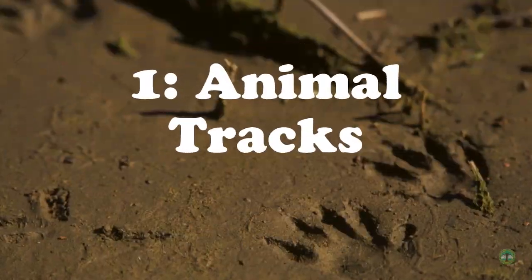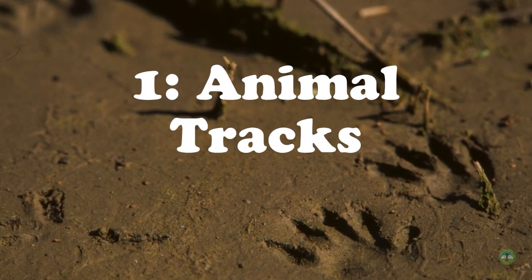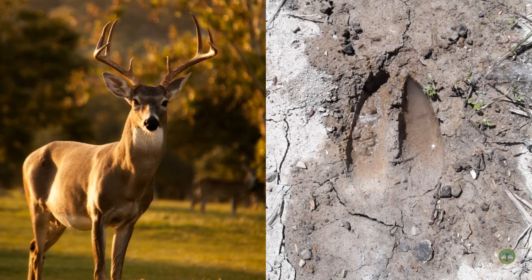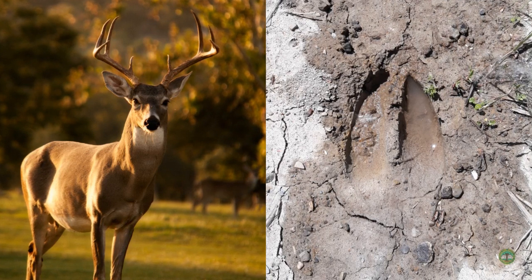Tracks are an obvious sign that an animal has been through recently. It's best to find fresh tracks after it rains or snows. Deer tracks are some of the more obvious. They range anywhere from 1.5 to 3.5 inches long, and their 2 hoofed toes, also known as cleats, form an